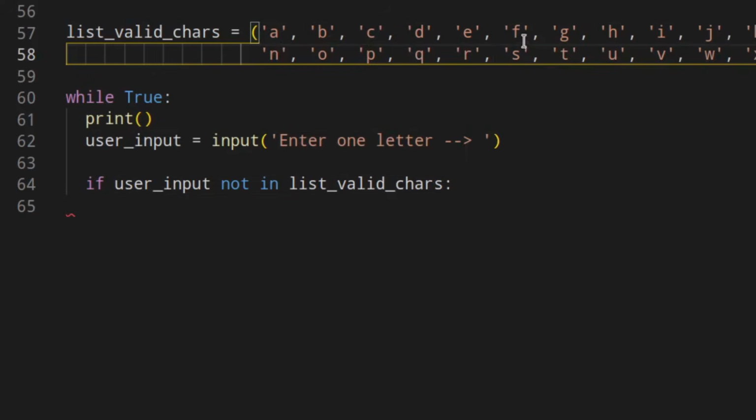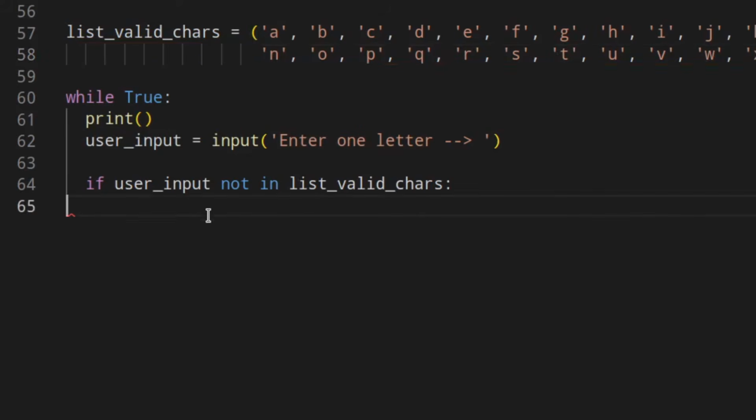So here I'm checking a lot of things. I'm checking the length because I've got just 1 letter per element, which means that if the user enters AB, that wouldn't work because we don't have an AB element in here, just an A and a B. So we're checking the length, we're checking if the user enters the right letters and stuff like that. So we're checking a lot of things just by doing this.